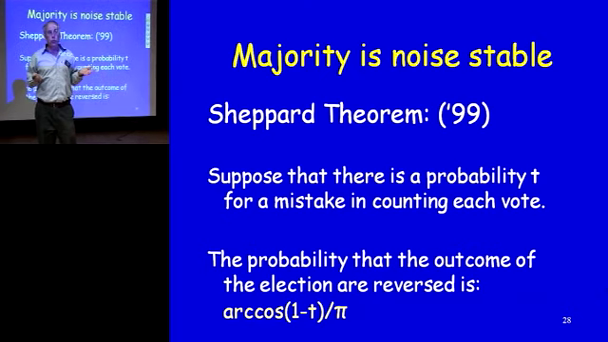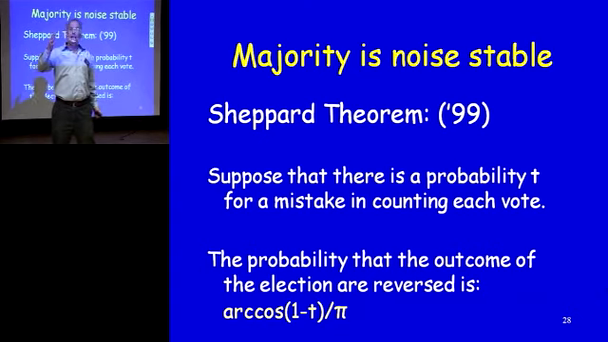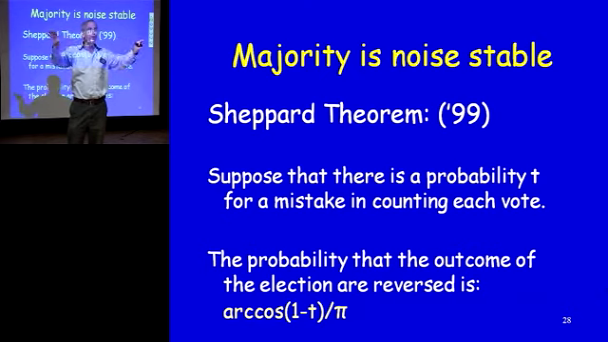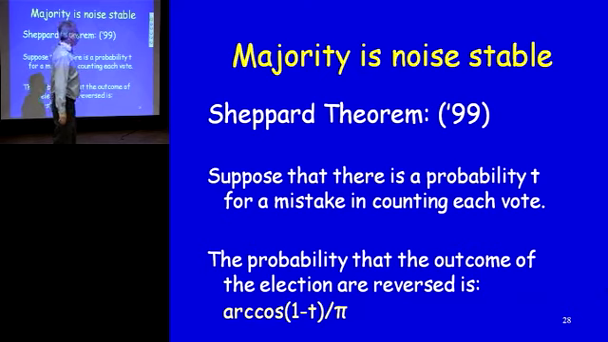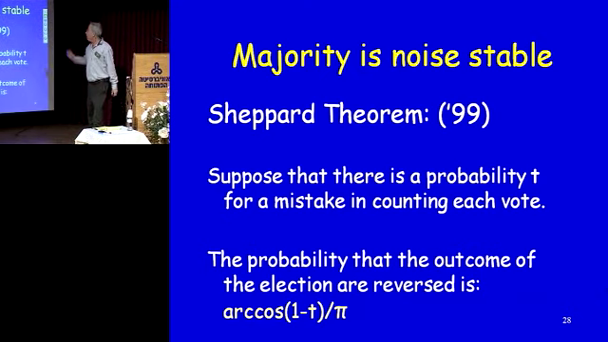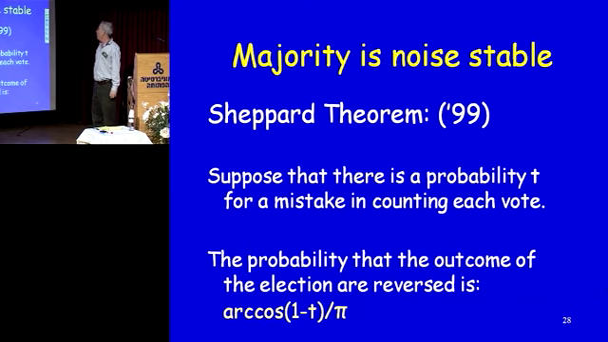Majority is stable to noise, and the reason is that most of the Fourier coefficients of majority are on small sets. It's true that the expectation is large, but most of the energy is on sets of small size. And this is equivalent to noise stability. And the fact that majority is noise stable, the precise statement was proved by Sheppard, and it says,